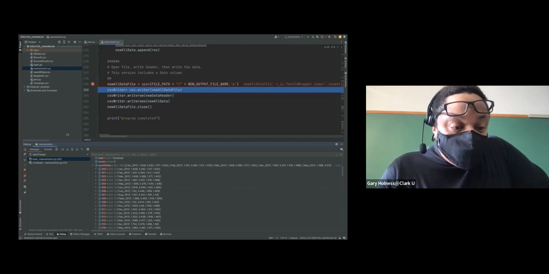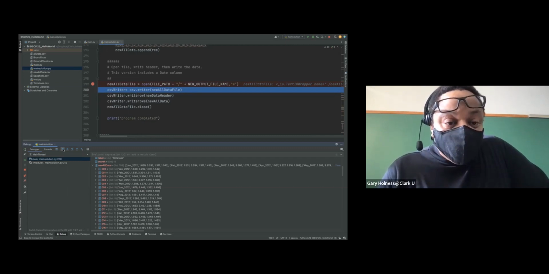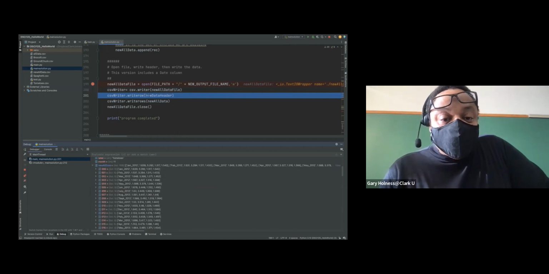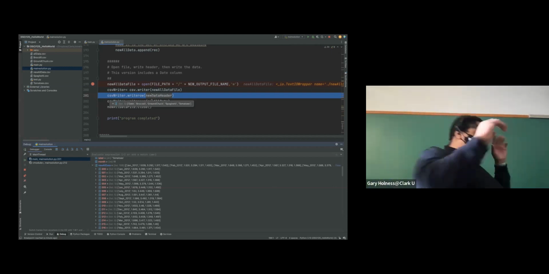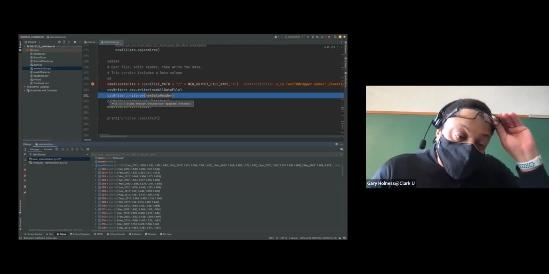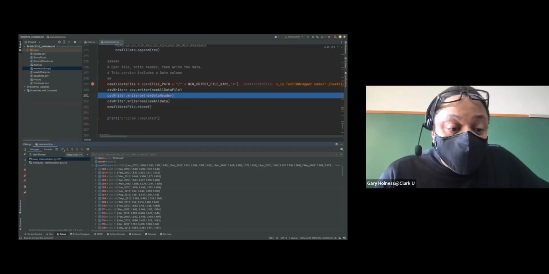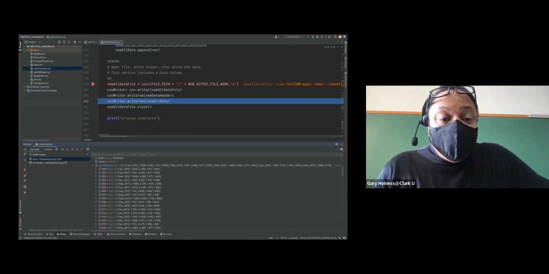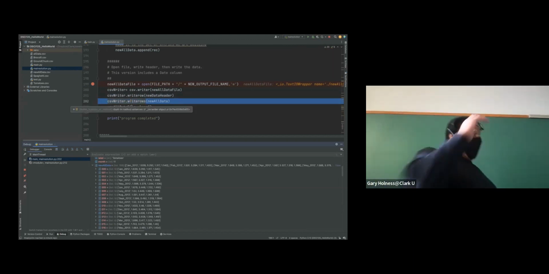I'll create a CSV writer from the file that I open. I go ahead and I first write the header, and that header has all of the variable names, including that new column, which I'm calling date. So let me iterate over that. So the first thing I do is I write out the header, and then here for CSV writer, there's an